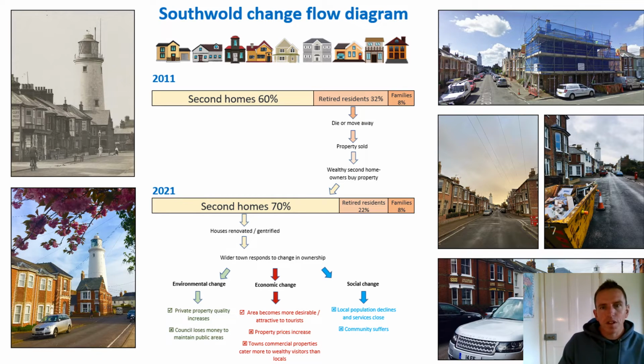But there's a much broader long-term impact that this almost irreversible, one-dimensional process of gentrification is having. So that's what those bits are at the bottom of that flow diagram there. And I'm just going to talk through them a little bit to hopefully give you a bit more understanding as to what's happening. So we can group the change into these three categories of environmentally, economic and socially, but environmentally, one of the positive changes that you'll see within Southwold, as I mentioned, is that overwhelmingly